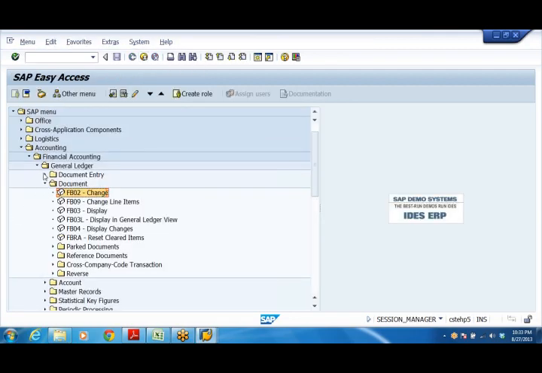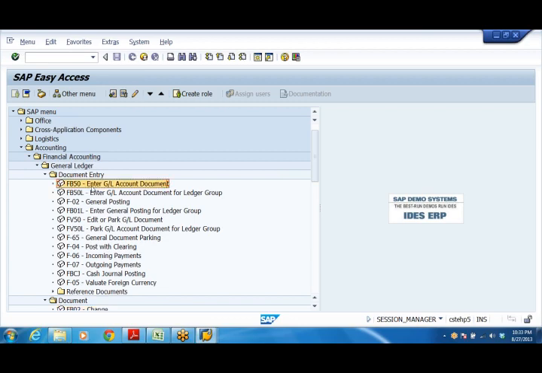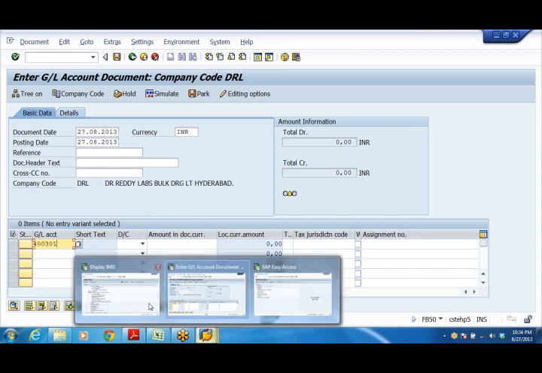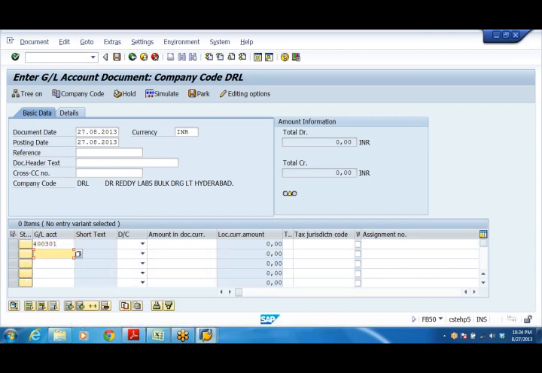See here, document entry FB50. In FB50 I can post a multi-line entry. Say 400301 is my office rent, then 400302 is my telephone expenses, 400303 is my office maintenance.